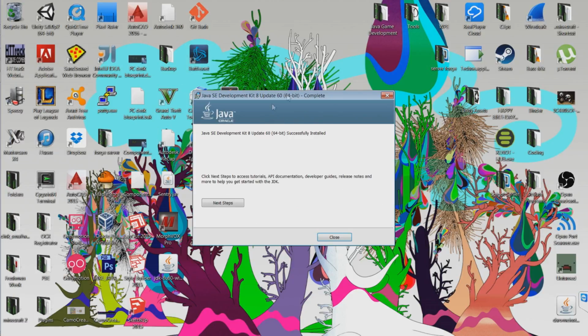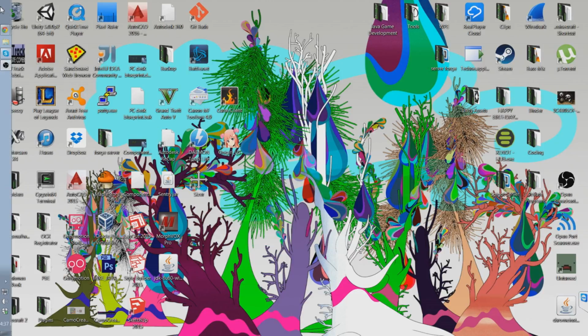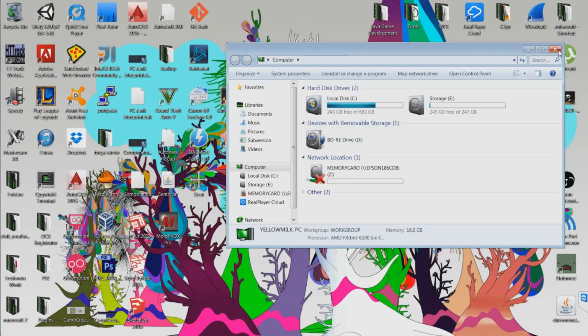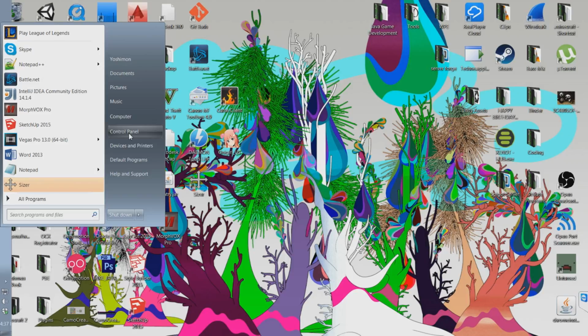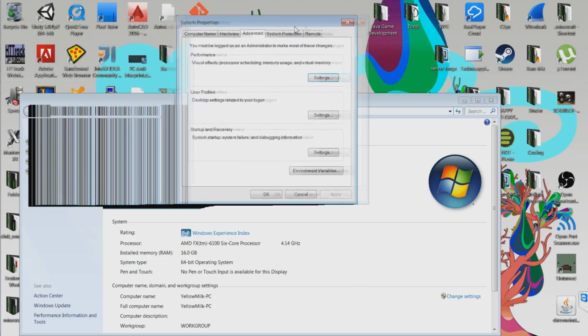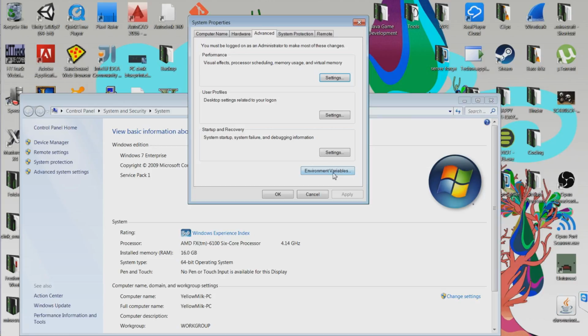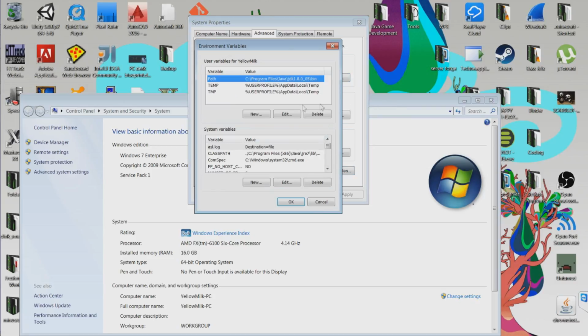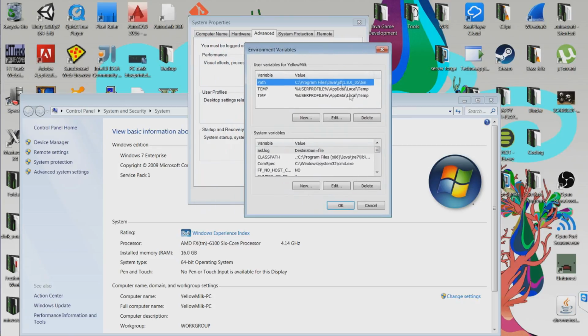Now, as it's finished, just click close. And since mine was downloaded there, I'll just delete it. Go to your computer, or you could just go to start menu and right click computer and go to properties, and then go to advanced settings. Go to environment variables. Since mine have it already, I'm actually just going to delete it,